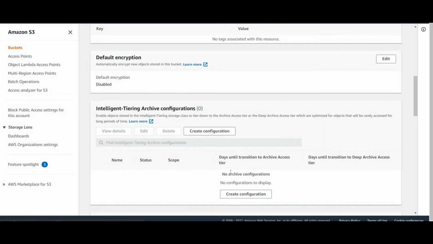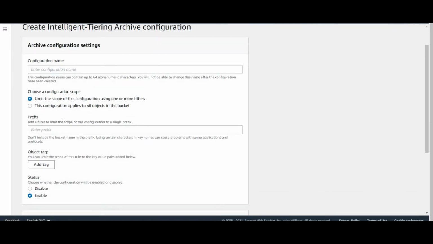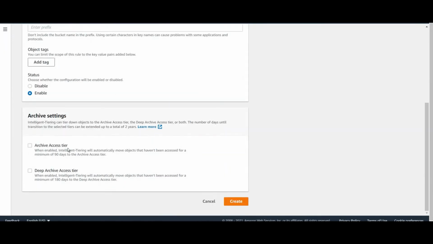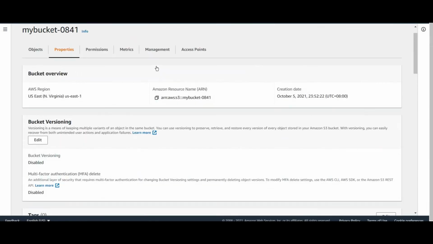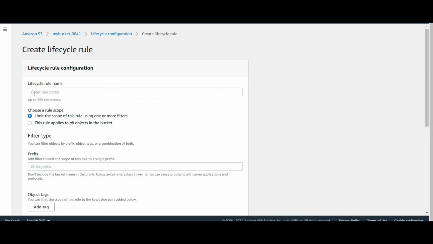If you want to archive anything straight away, you can use this. You can straight away archive using the archive access tier or deep archive access tier. So it's the same as lifecycle management, but it is straight away archiving. In lifecycle management, we will go in a lifecycle manner.